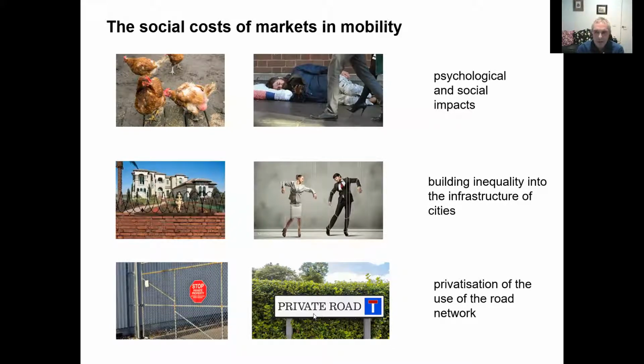And the first of the costs that we considered was the psychological and social impacts of this demand to make way for the wealthy. So these types of costs are associated with the experience of social status. In these exchanges, people are going to be constantly reminded of their place in the social pecking order. This will occur through the interactions between their vehicles and the vehicles of others who have perhaps paid more and make them pull aside. And these exchanges are also going to occur in a very public environment.